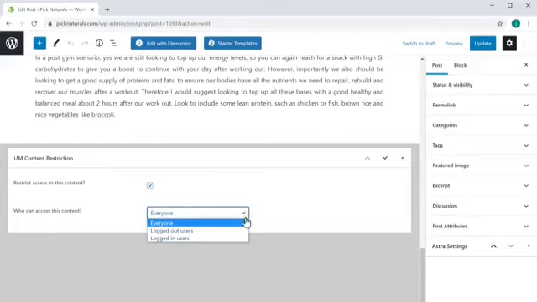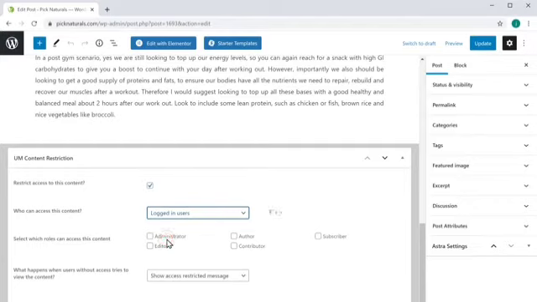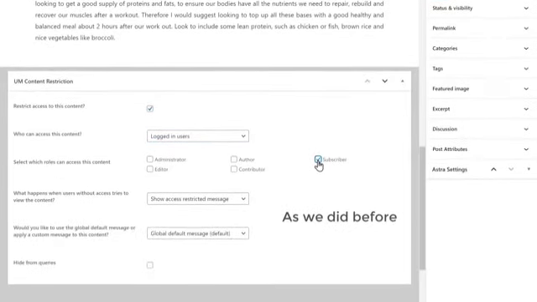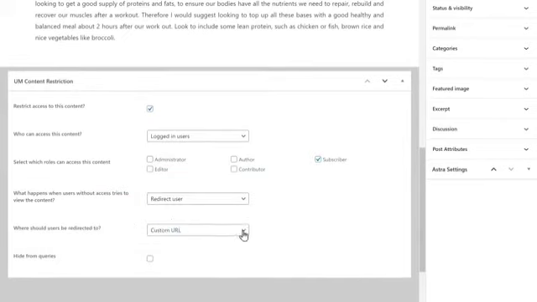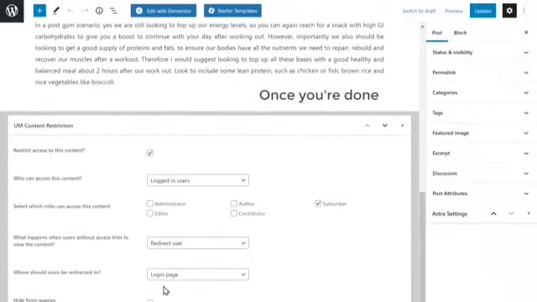I'm going to select Logged In Users and then select the role. So let's select Subscriber. As we did before, let's choose these details. Once you're done, click Update.